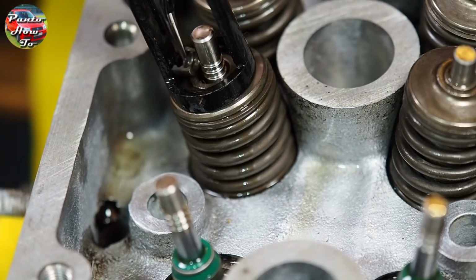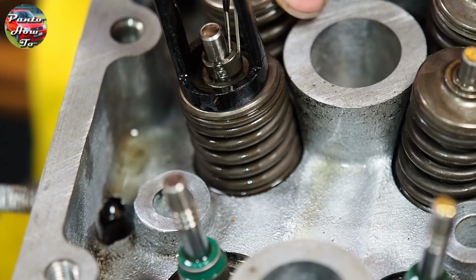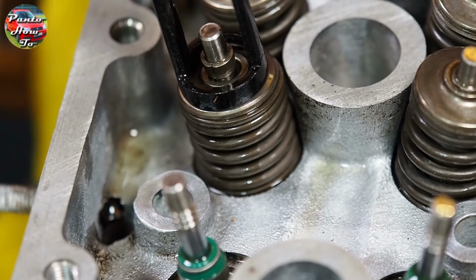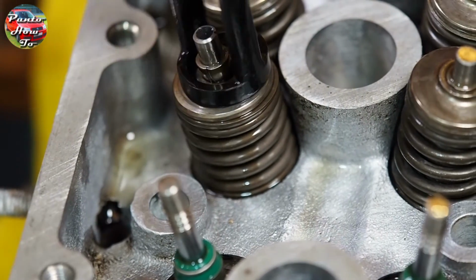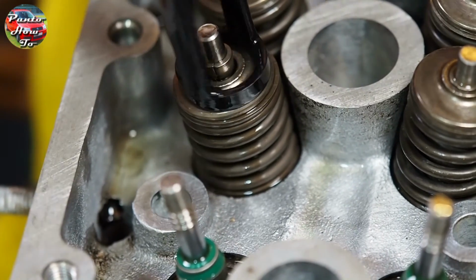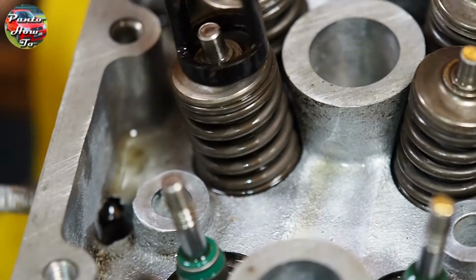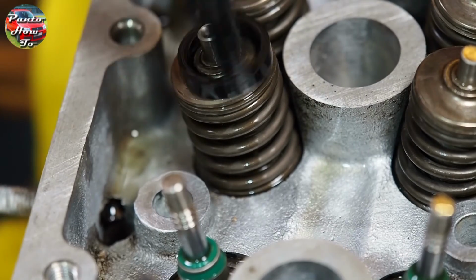Here's a nice close-up of installing those collets into the valve stem. As you can see, it's quite fiddly work. At this point I'd resorted to using a pair of very fine point tweezers. You can see how the surface tension of the oil helps stick the collet to the actual valve stem, and the sort of cone-like shape of the collets helps lock the valve in place as you release the tension on the valve spring. And we repeat this process over and over again until all 16 valves are reinstalled back in